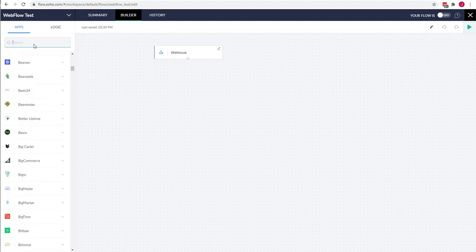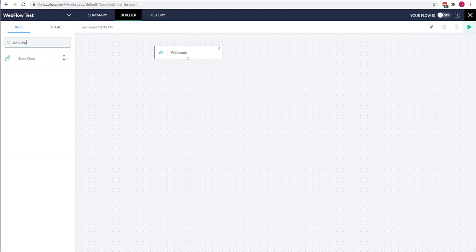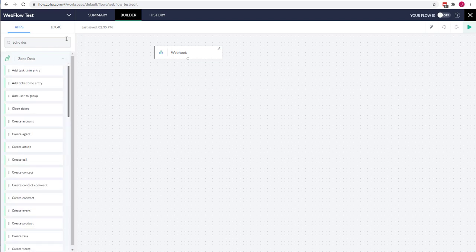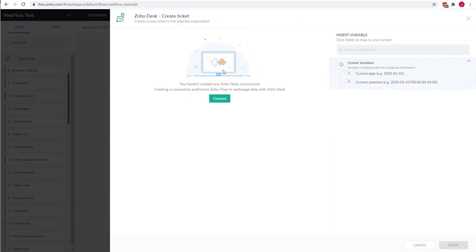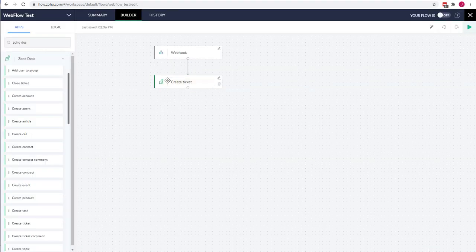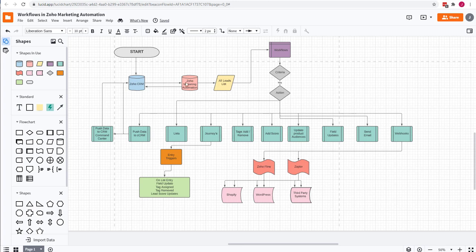We can even push it into different CRM modules, right? So Zoho, let's see, Zoho Desk. We could make it so whenever something is done in Marketing Hub, maybe we want to create a new ticket. Create ticket, right, in Zoho Desk. So we can drag that there,